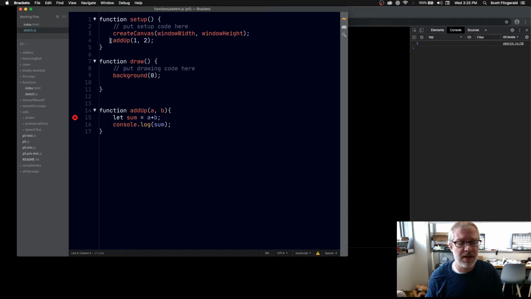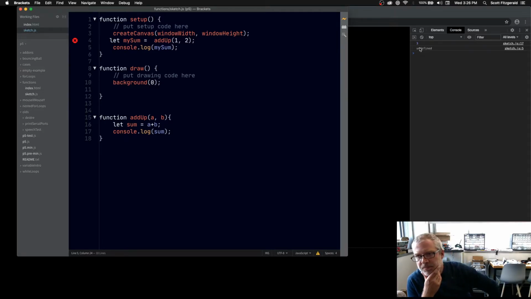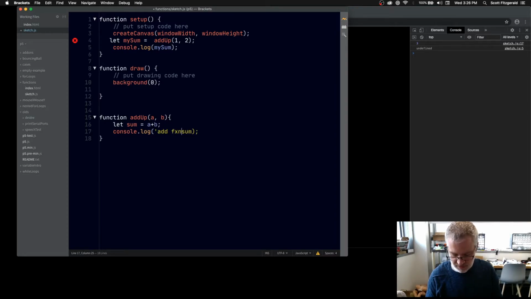So you might think, well, what if I just said let my sum equal add up, and then I said console.log my sum, right? And then we run it. Oh, look, it returns undefined. We see the sum from inside of add up, we can just make that a little clearer. Add up function